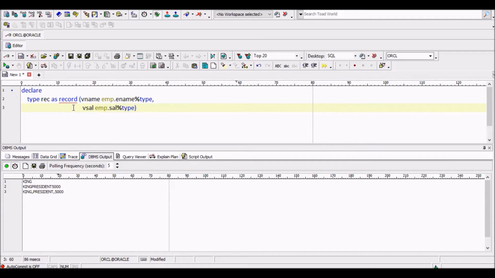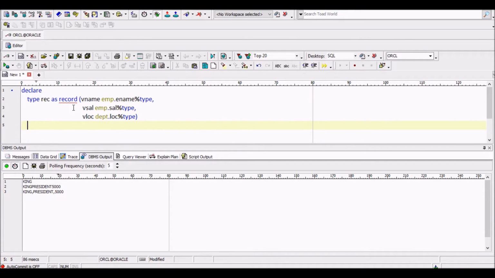So these are from the emp table. Now vloc I am getting from the dept table, dept dot location percentage type. Now I have defined a data type.